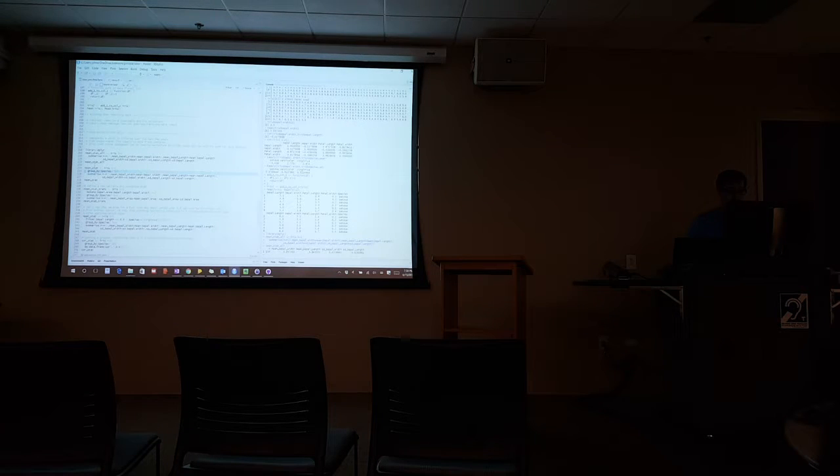So instead of piping iris straight to the summarize command, I'm piping that to this group by species, and that does exactly what you expect. It breaks down everything by species before it does the next step. And that next step is summarizing.